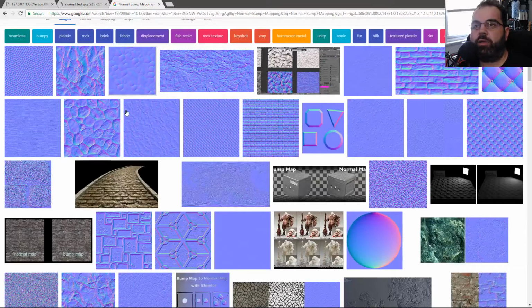Welcome back everyone, and in today's video we're going to explore more bump mapping. Previously on the subject we dealt with height maps. Today we're going to deal with normal maps. And normal maps, as you can see in the background, are a very bluish texture, and these